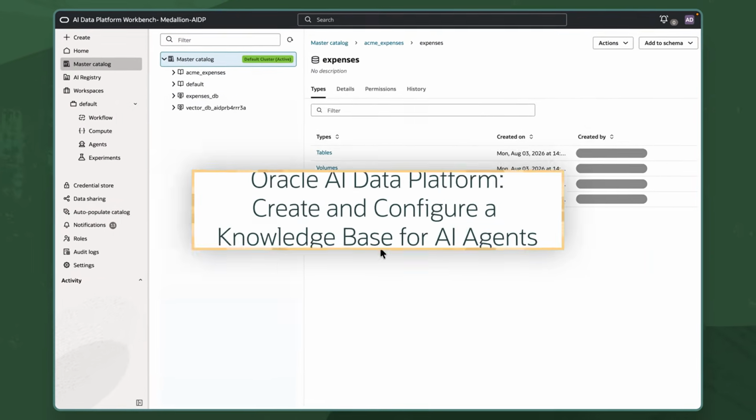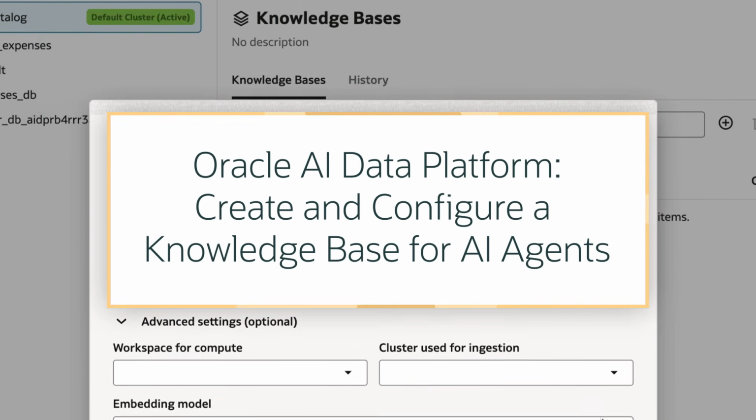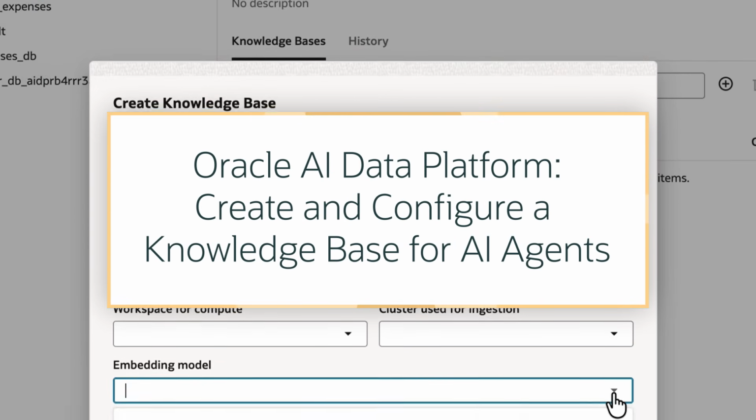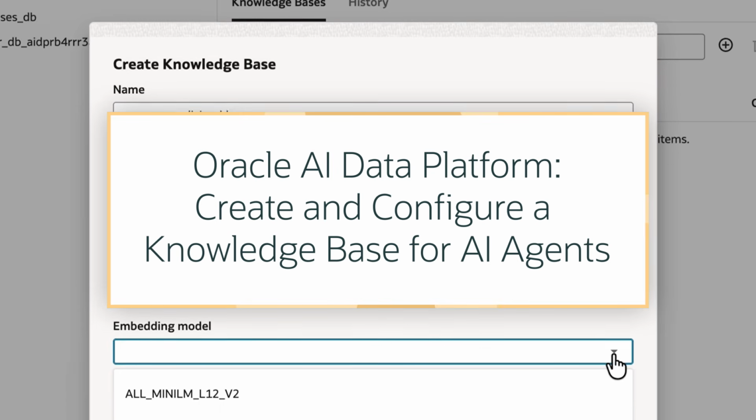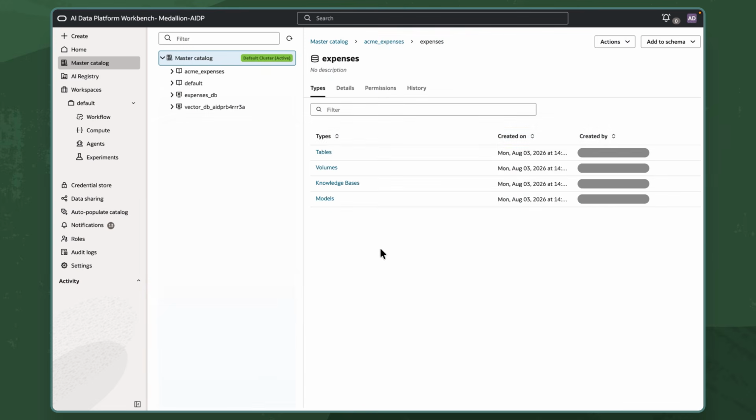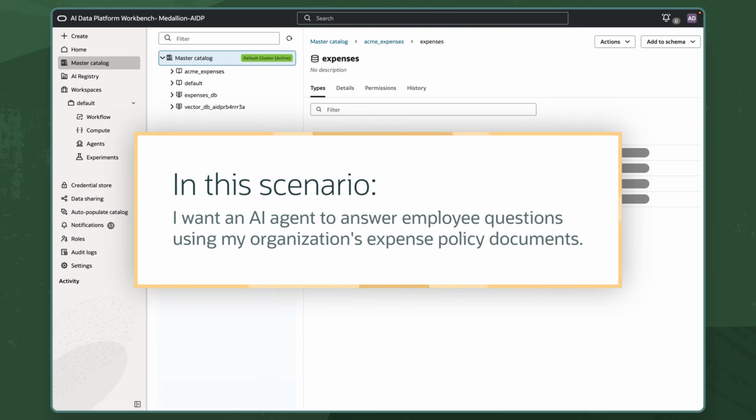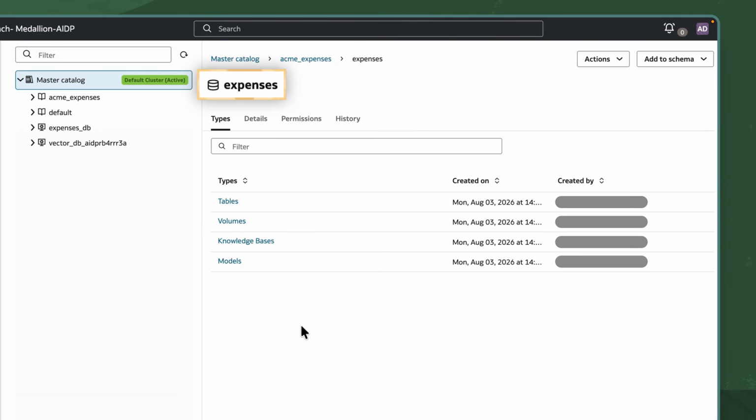In this tutorial, we'll create and configure a knowledge base for AI agents in Oracle AI Data Platform, or AIDP. In this scenario, I want an AI agent to answer employee questions using my organization's expense policy documents. I'll use the expenses schema to create and configure a knowledge base that indexes those documents for retrieval during AI